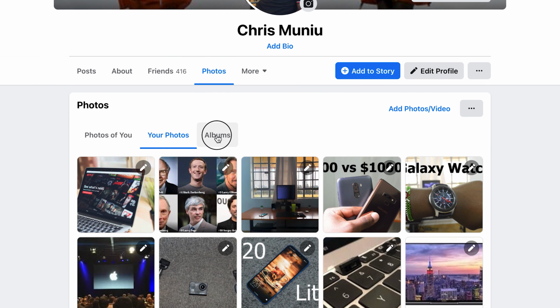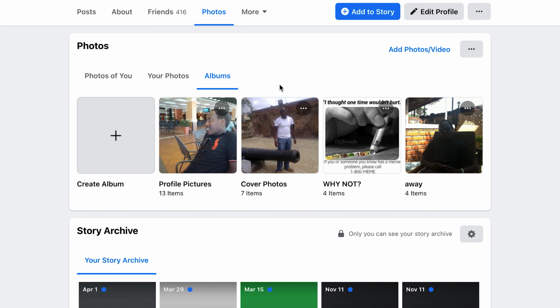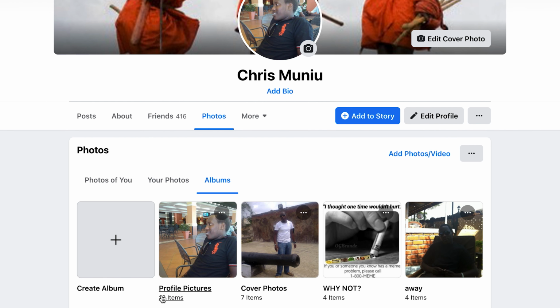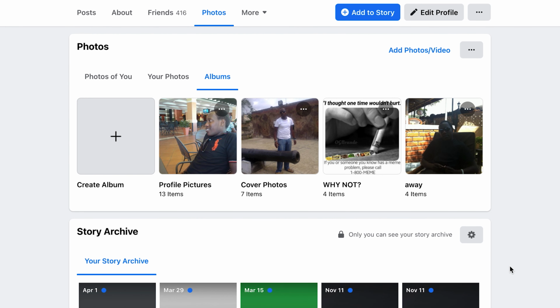Now the last section is album, and this has basically put all your photos into different albums. You have an album for profile pictures, which is generated automatically by Facebook. Even cover photos is generated automatically by Facebook, but these other albums are albums I created myself. Now you can choose to have all the photos in a specific album hidden, and to do that, all you